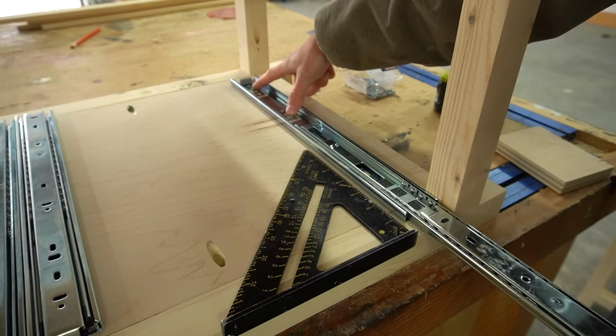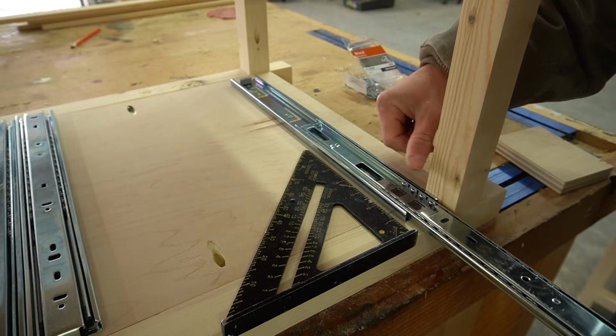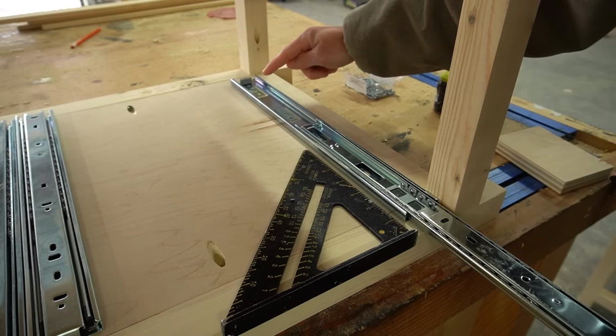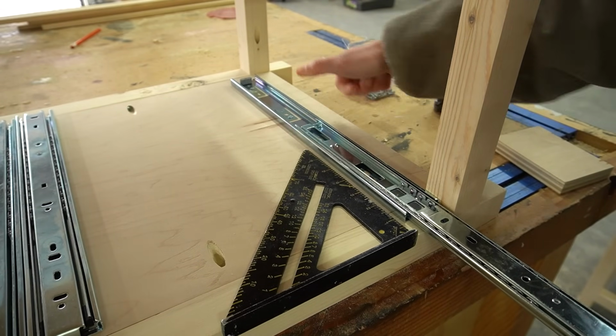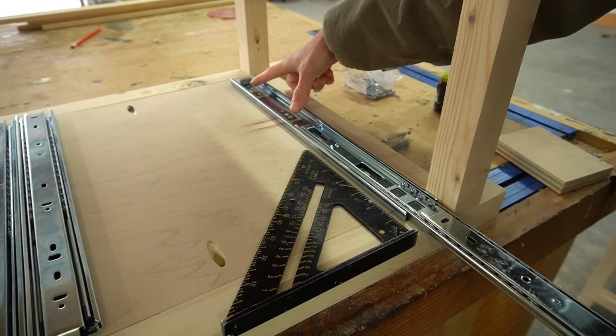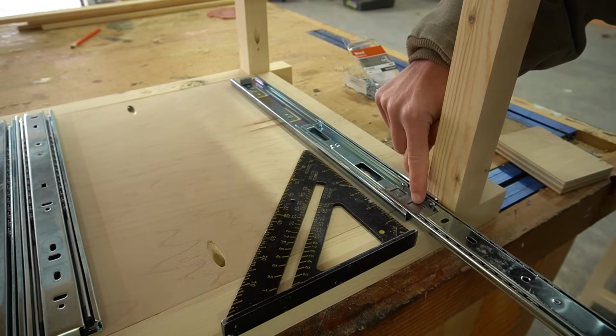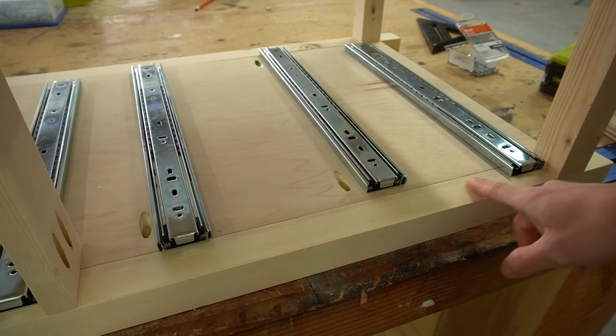The two in the back here are in slotted holes, and I put the one in the front in a single small hole. If you put all of your screws in a slotted hole, there is potential for this to move back and forth a little. You may not want that, so I like to put slotted holes in the back here and then a single hole in the front. Now that I have my bottom slide in place, I'm going to work my way up